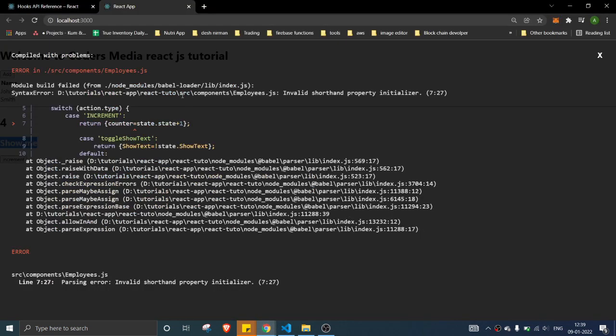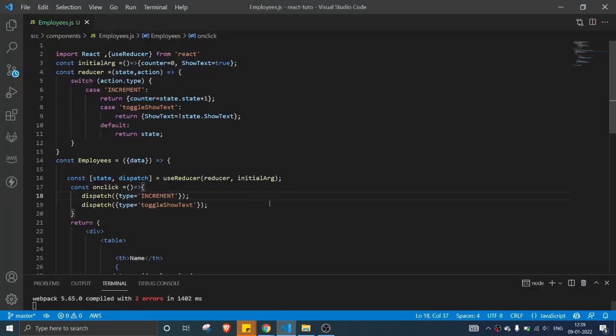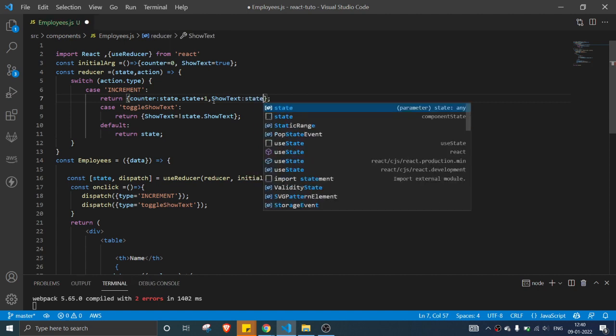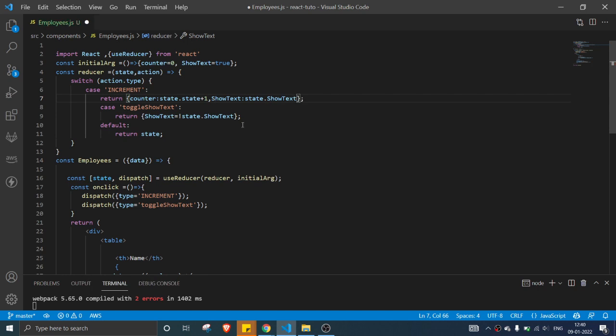Still we have an error. Then for show text, we need to define the default whatever is there in the state, so state dot show text. The counter also we need to change to state dot counter.